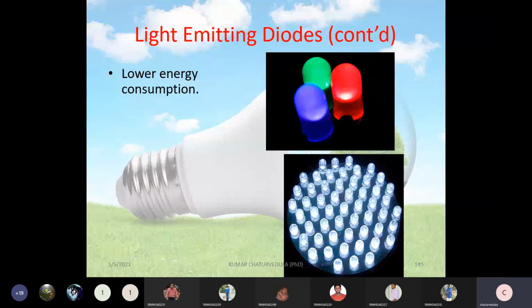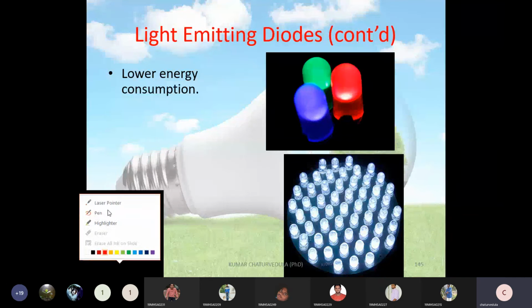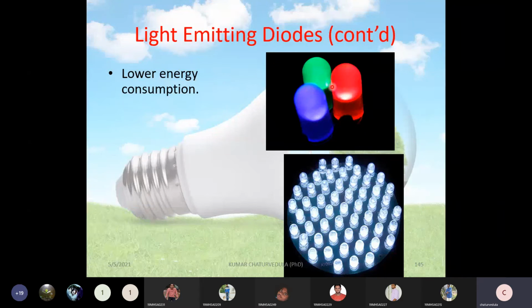So the LEDs have the property of low energy consumption. These were the LEDs that were primarily seen in the very beginning stages. They were found only with our TV remotes and all. Later on, these LEDs have been transformed to white color LEDs. So these LED bulbs used to have three properties: one is on mode, another one is dim mode, and the third one is bright mode.